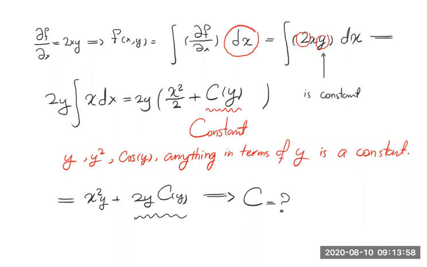The best thing we can say is that our function looks like x squared y plus a function in terms of y. Okay, so here we don't have the information to find c. We need more information. The question should give us more things to decide about that. So maybe I would write one more thing. So for example, suppose we have a function,